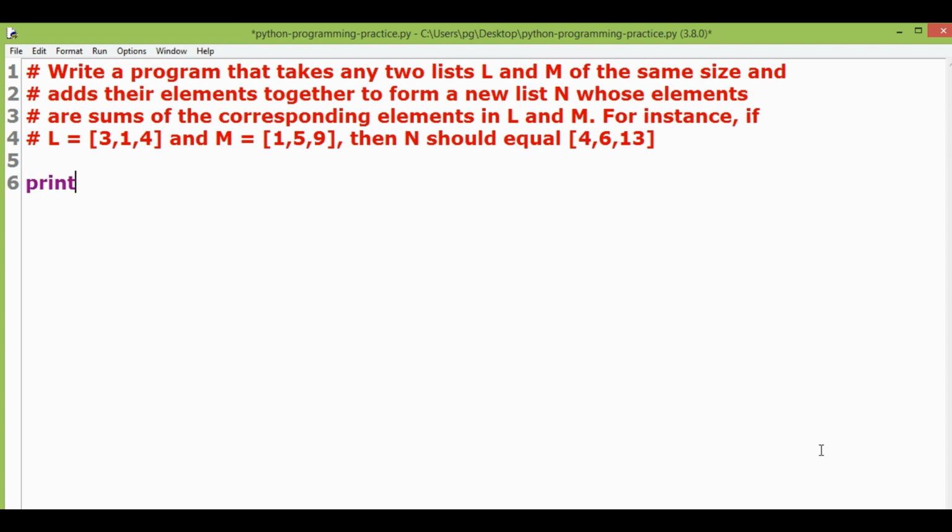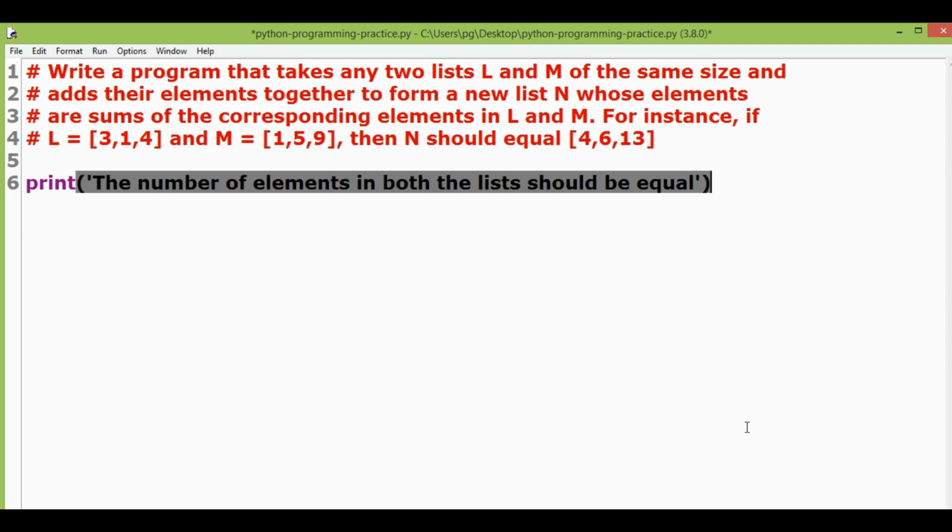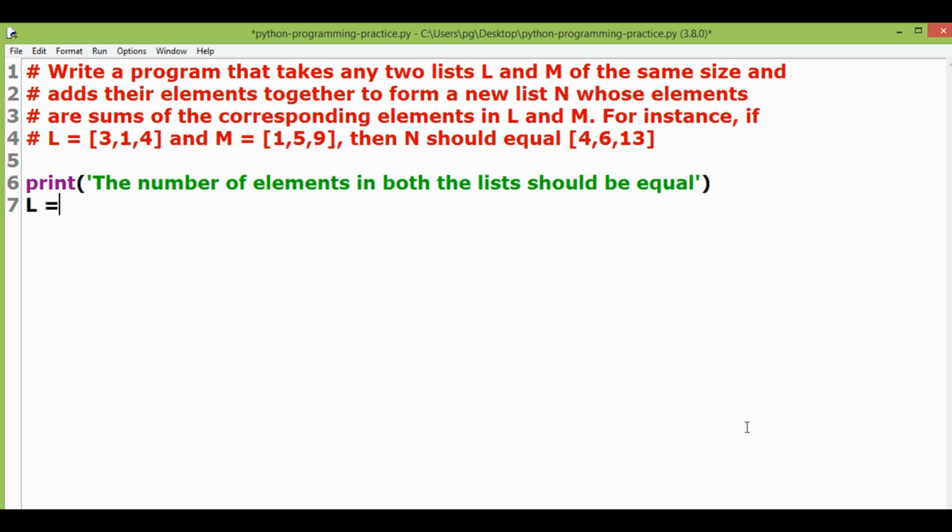Print the number of elements in both the lists should be equal. First, we simply print a statement stating that the number of elements in both the lists should be equal as desired by the question. Then L = eval(input(